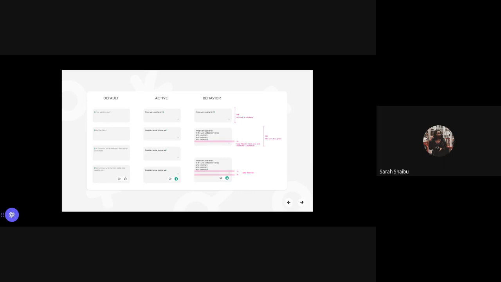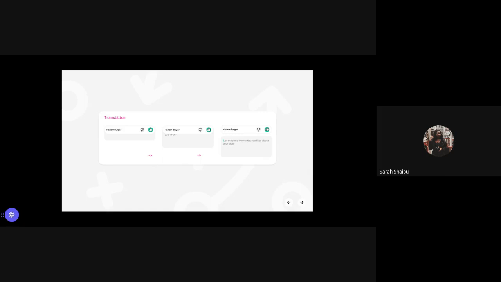So this is actually a text box, and I would show them the default states. I would show them what it was when it's active, and I would show them the behavior. The fact that this is the minimum height, and they need to keep to a certain character limitation, and the behavior when there's a lot of text. Typically, they also would really like to see the transition of a component. So I would typically show them how something works with a prototype, or honestly, sometimes just laying it out for them, how something moves a certain way.